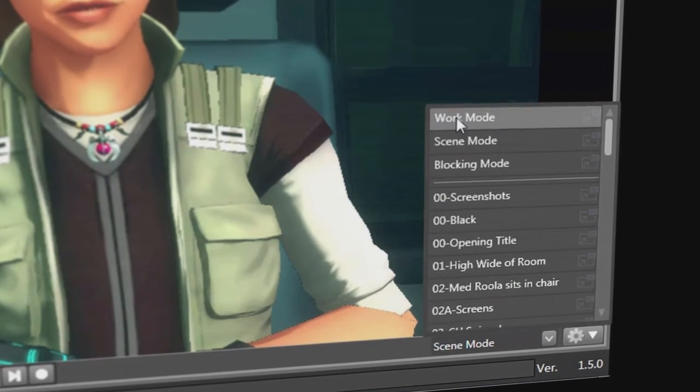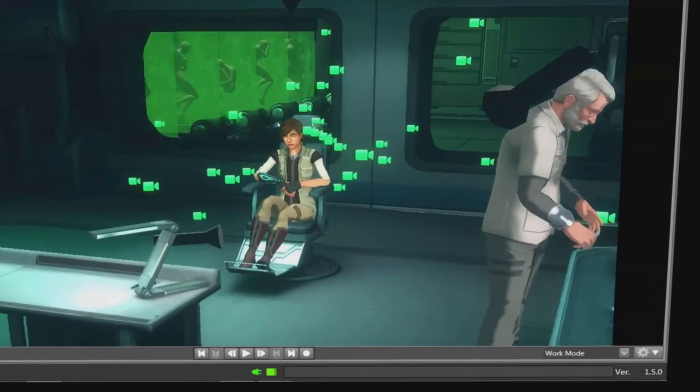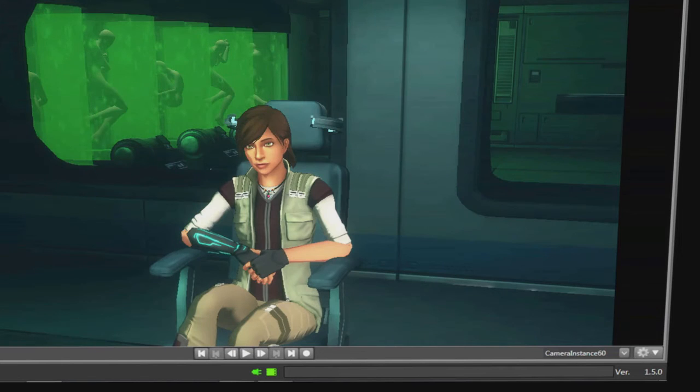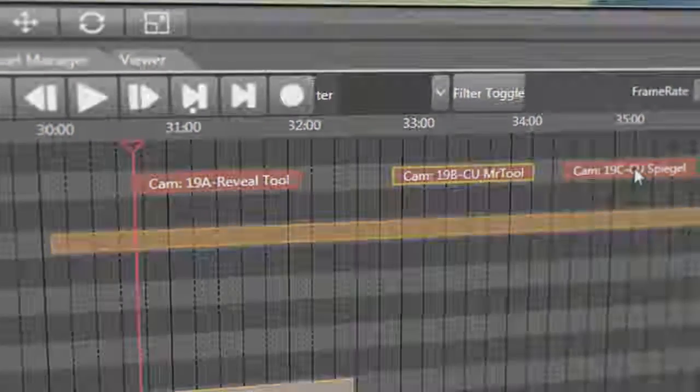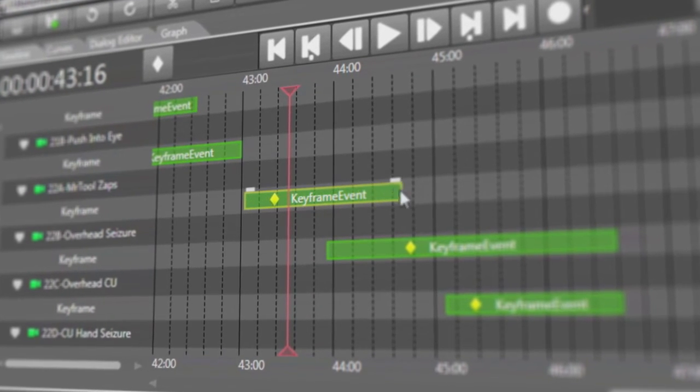Covering a scene in Storyteller is very simple. I use my work camera in the viewer to fly around and find an angle that I like. Shortcut keys allow me to create new camera angles quickly. I create camera markers to switch between the cameras, and I can then adjust the timing of the performances and